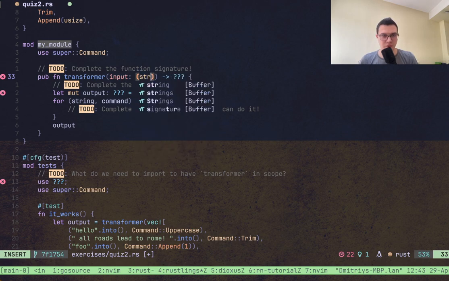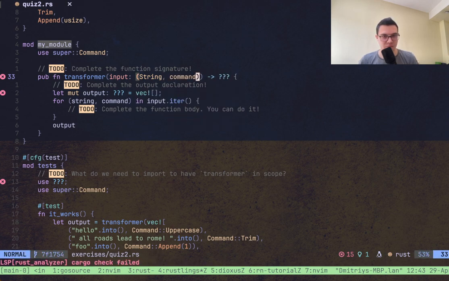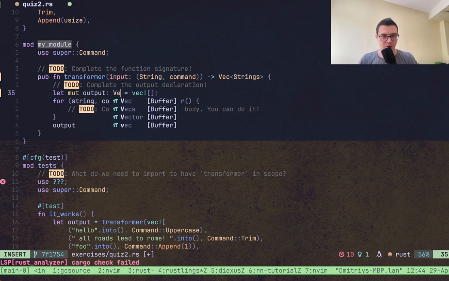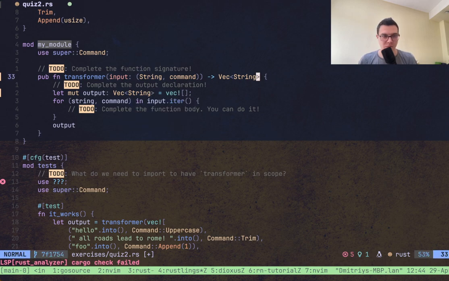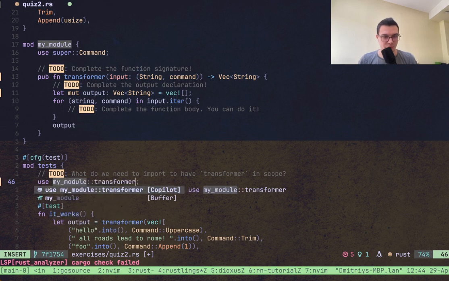So it might be... no, it should be a vector of string and... so my module transformer